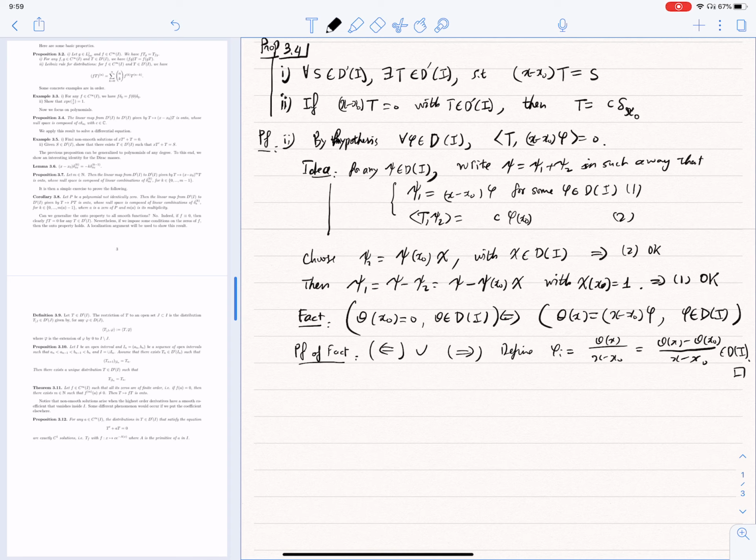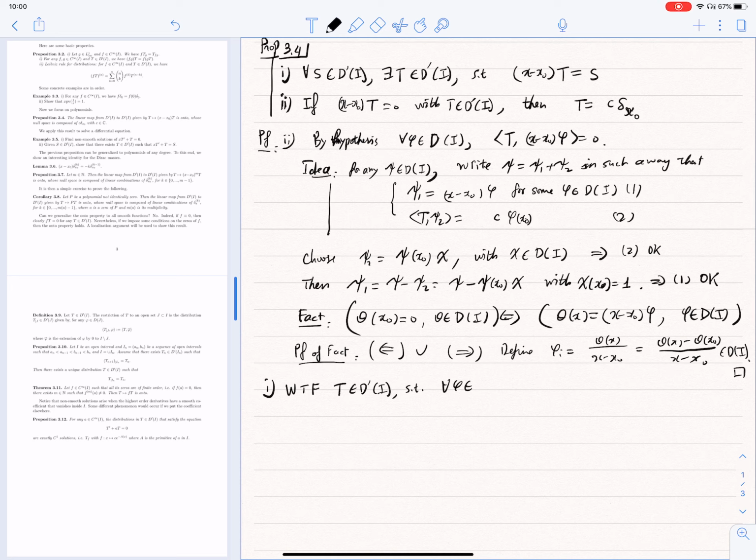Okay. So we're good with the second property, which says the null space of product by a linear function, a degree 1 polynomial, is composed of constant times Dirac masses on x naught. Let's now see how to prove the first property. We want to find a distribution T